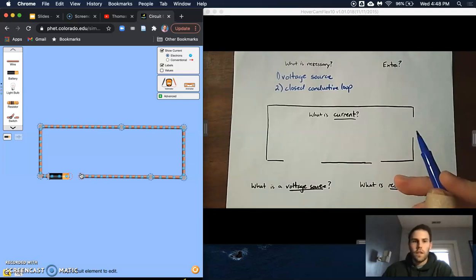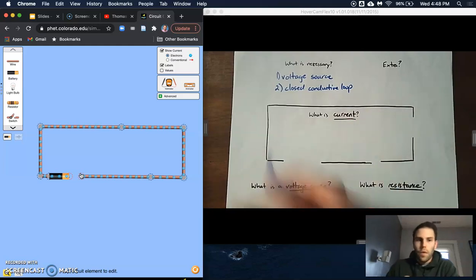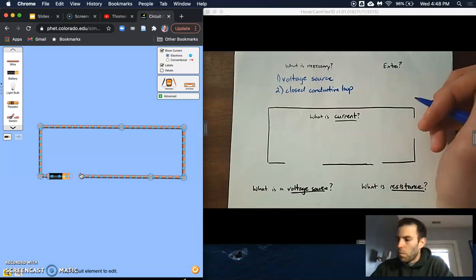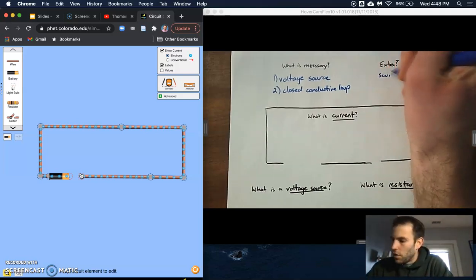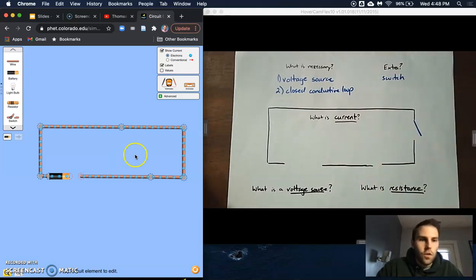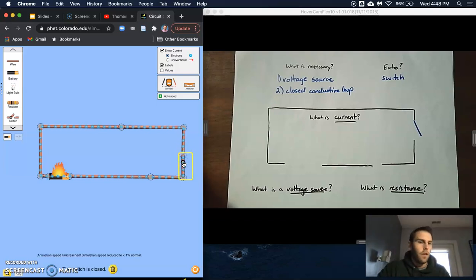So what are some extra things that we could add to our setup? Because we don't really just want electrons to flow around and waste our battery for no reason. We want to hook things up to the circuit so we could use it. One of those things could be a switch to turn things on and off. So instead of always disconnecting my wires, I will disconnect the wire right here, but I'm going to bring over this switch, bring this up a little bit, and then connect over here. Now it's still not closed, because then I could flip my switch here,